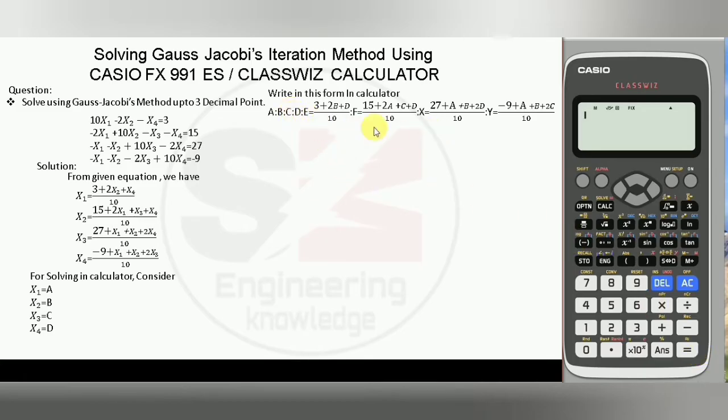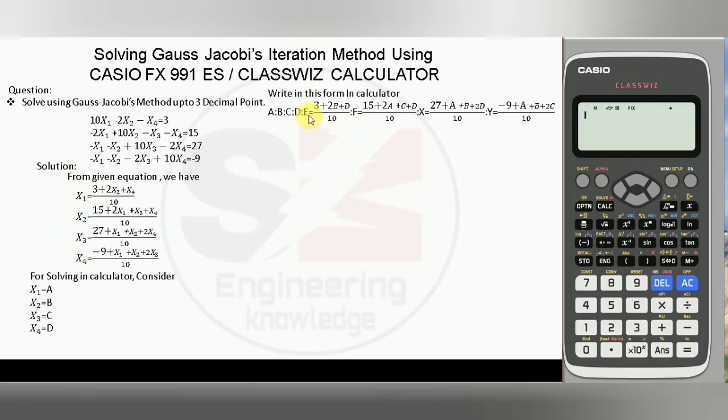The expression will be like this: A is to B is to C is to D is to, then A, B, C, D will denote the variables x1, x2, x3 and x4 at this RHS side,